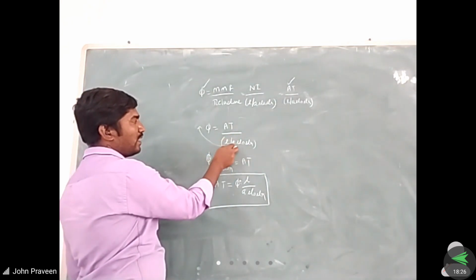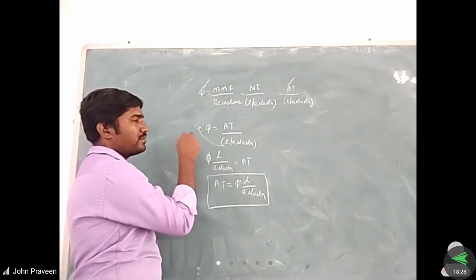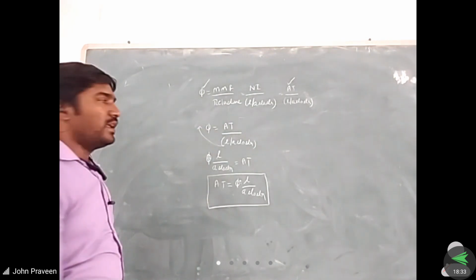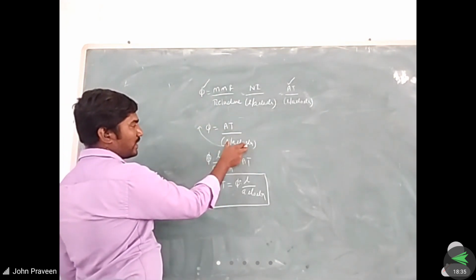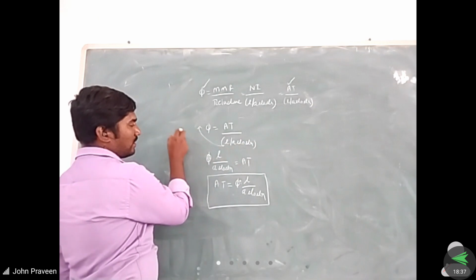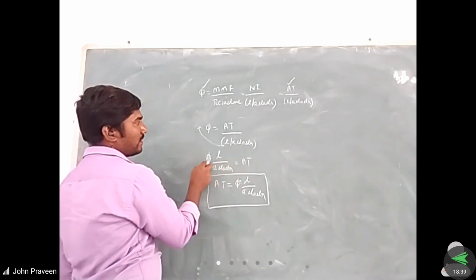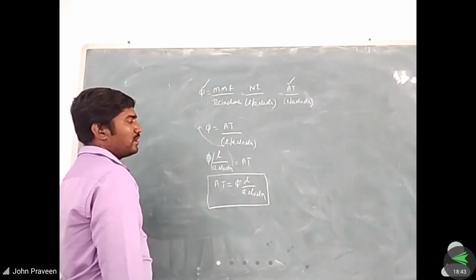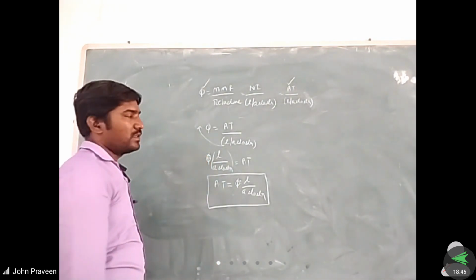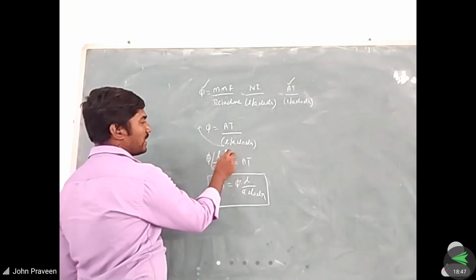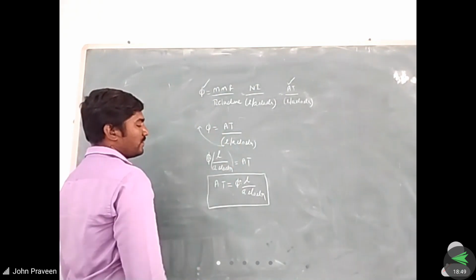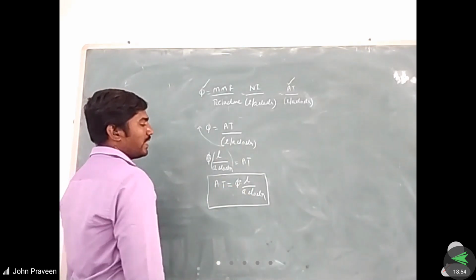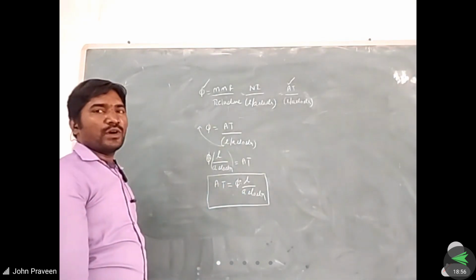Already we know that the denominator becomes the numerator and the numerator becomes the denominator when moving from LHS to RHS or RHS to LHS. Just we are moving the denominator to the LHS side. So then what we are getting here is phi into L by A into mu naught into mu r is equal to ampere turn. Just interchanging the positions of LHS and RHS, we get the equation as ampere turn is equal to phi into L by A into mu naught into mu r.